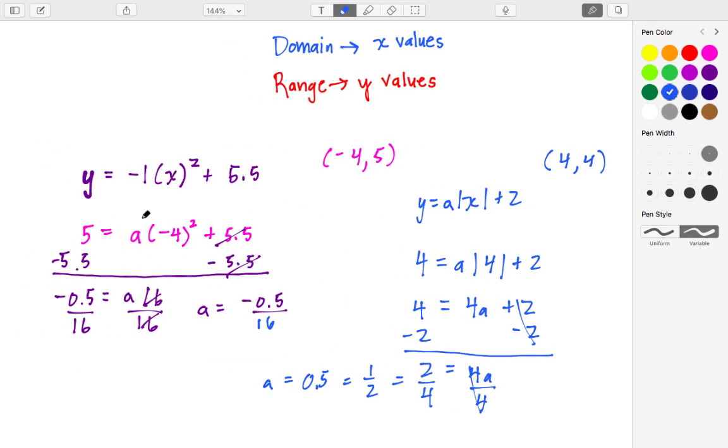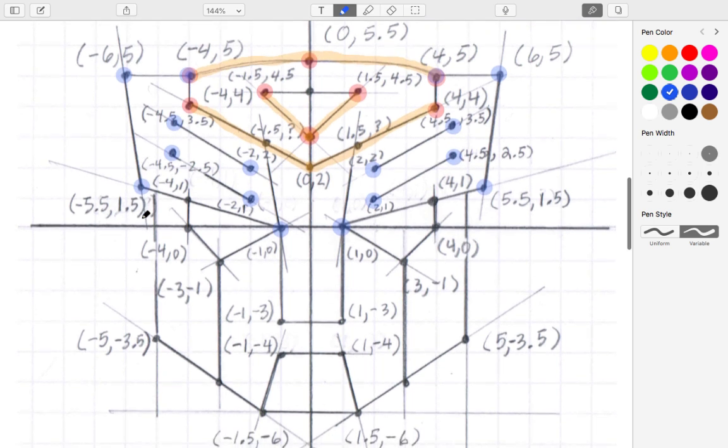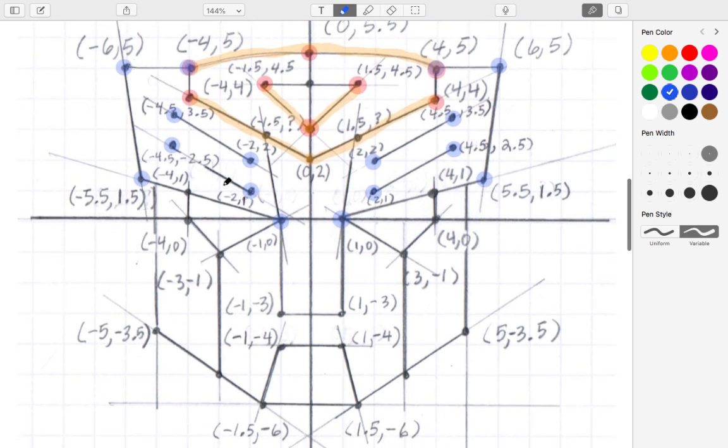All right, so what we want to do now, as we continue, is create some of the outline here. We want to do the helmet outline, and I've placed the points that we're going to use. We're going to start here with this horizontal line at the top. So let's change the color here. We're going to draw a line from negative 6 to positive 5, negative 4 to 5, and then from 0.45 to 0.65. So let's go ahead and do that.